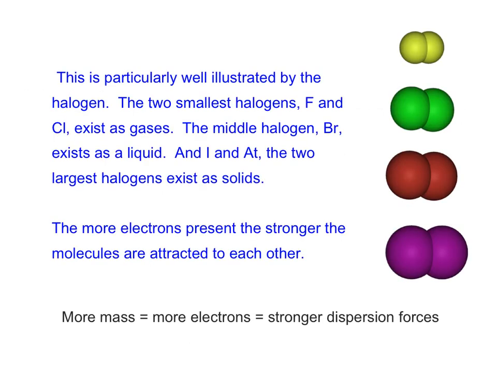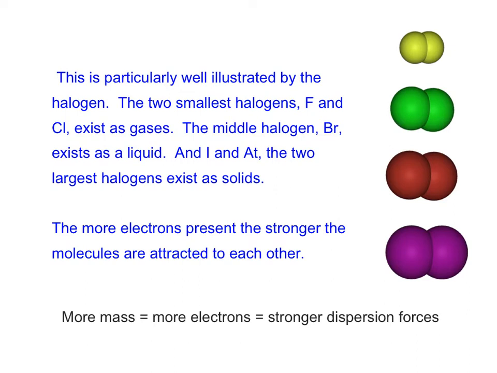This idea of the bigger the molecule, the stronger the dispersion forces is very easily illustrated using the halogen group. So fluorine and chlorine, the smallest of the halogens, are gases because they have very, very weak IMFs at room temperature. Bromine, though, is a liquid at room temperature. Because it's a little bit bigger, because it's a little heavier, because it has more electrons, it has slightly stronger IMFs. When you look down at the next two halogens, iodine and At, those are going to be solid at